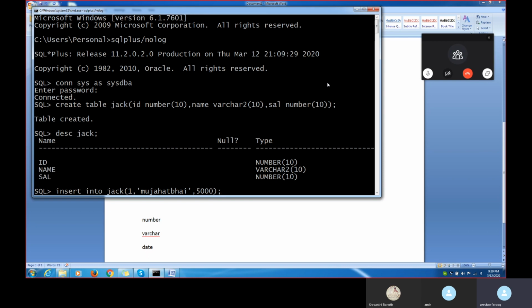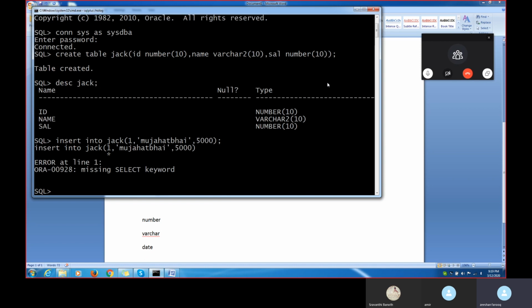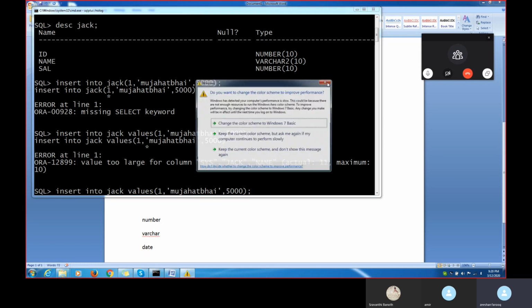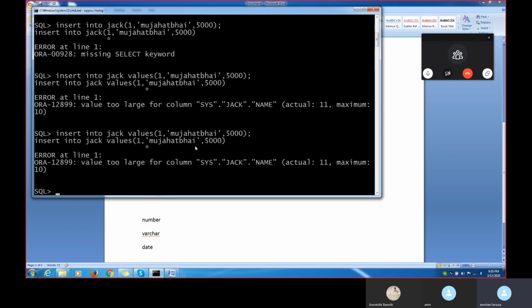See, every character value has to be put in quotes. Enter. Sorry, I think some mistake happened. One second. Insert into table name values. I forgot to put the values keyword. Jack space values. Insert into table name values.